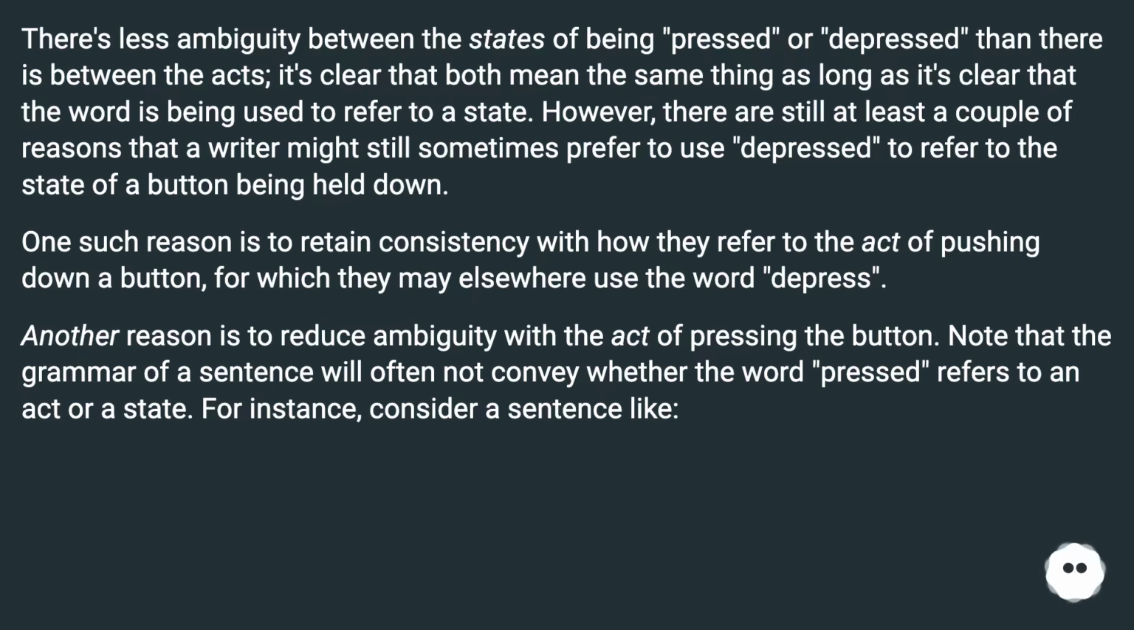However, there are still at least a couple of reasons that a writer might sometimes prefer to use depressed to refer to the state of a button being held down. One such reason is to retain consistency with how they refer to the act of pushing down a button, for which they may elsewhere use the word depress. Another reason is to reduce ambiguity with the act of pressing the button. Note that the grammar of a sentence will often not convey whether the word pressed refers to an act or a state. For instance, consider a sentence like,